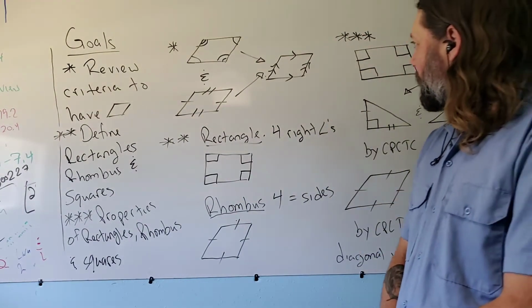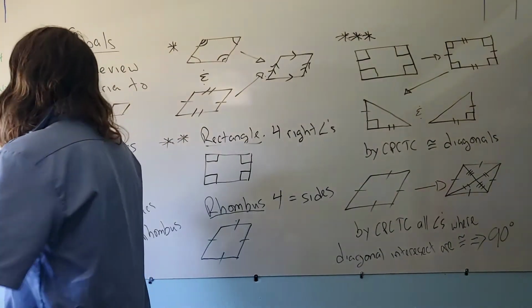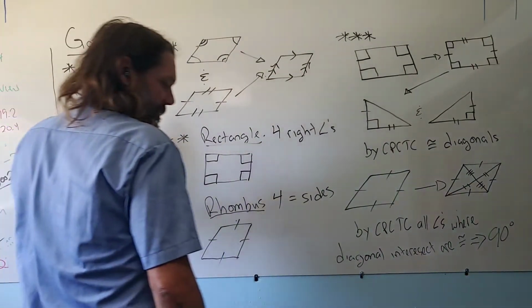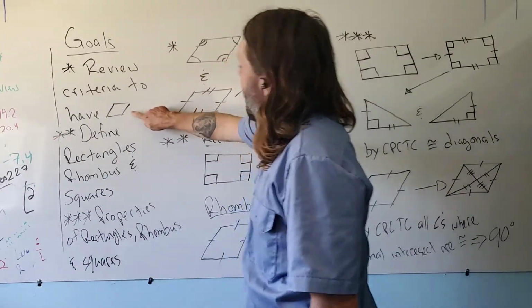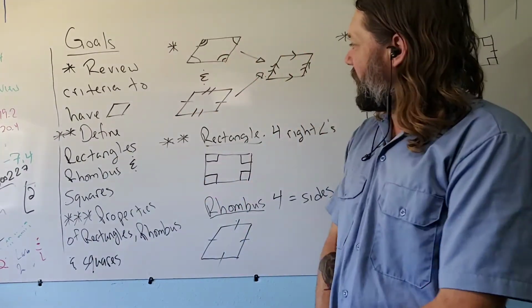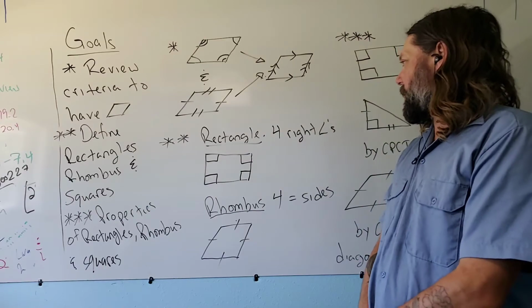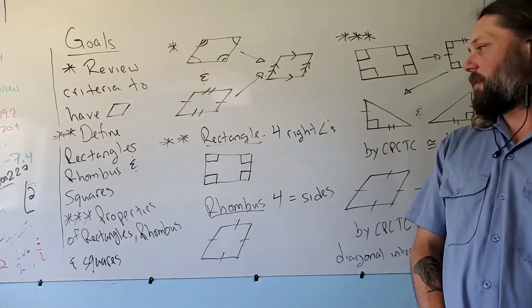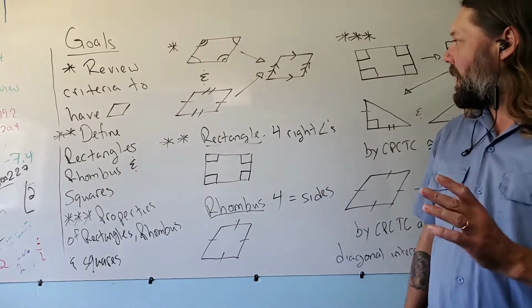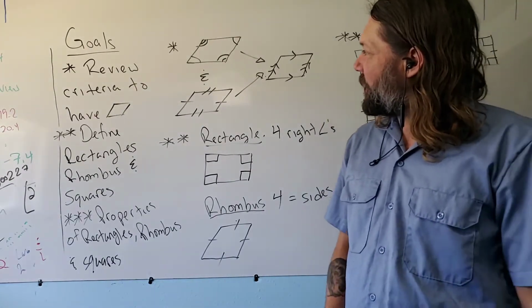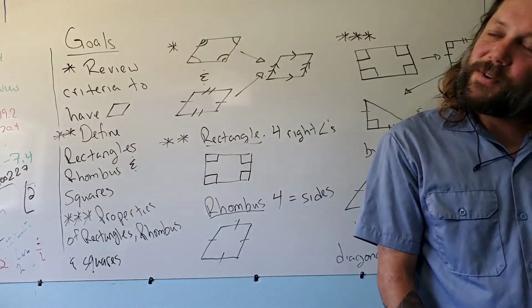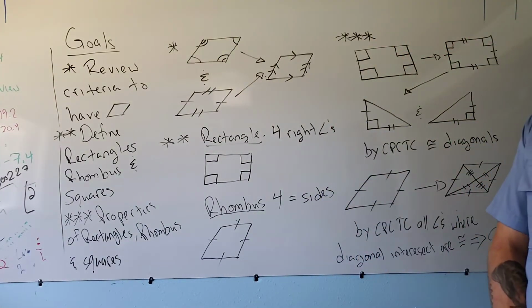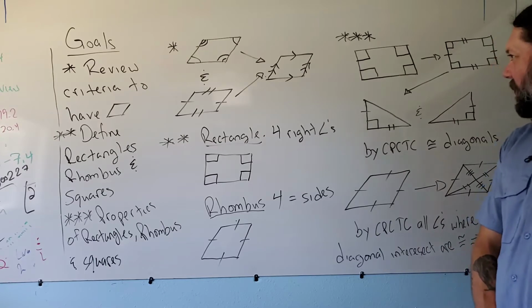We have three goals. Our first goal is to review the criteria to have a parallelogram. Our second goal is to define rectangles, rhombuses, and squares. And our last goal is the properties of rectangles, rhombuses, and squares. Now, as I look at the board, I realize I haven't drawn any squares, so I'll treat squares at the very end. But let's jump right into our first goal, review the criteria to have